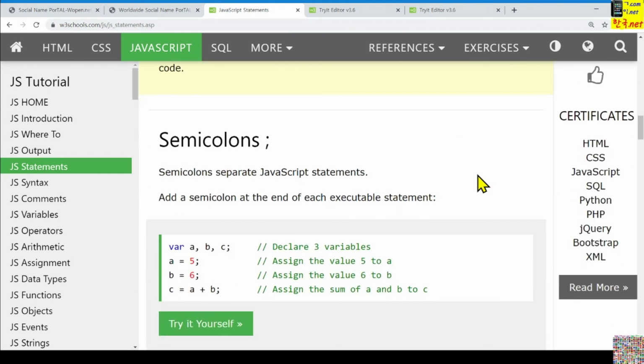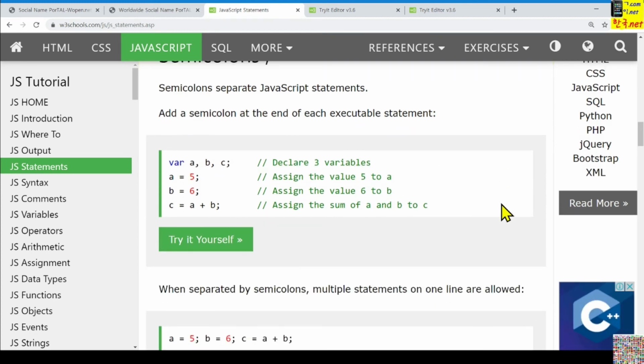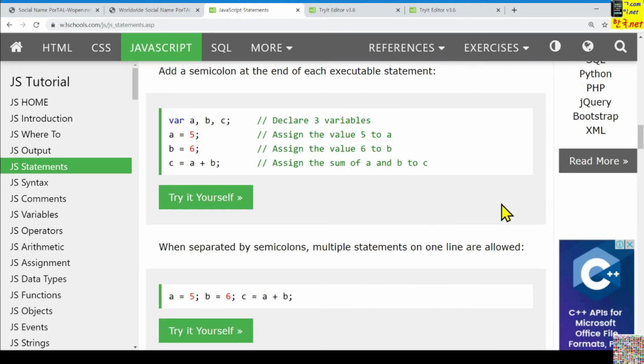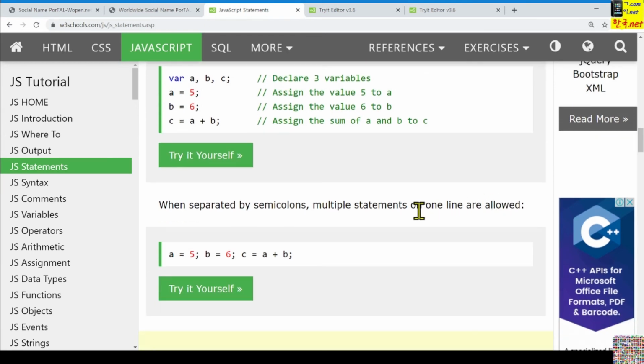And semicolons separate JavaScript statements. Add a semicolon at the end of each executable statement, like this. In a single line, we can write multiple JavaScript statements.